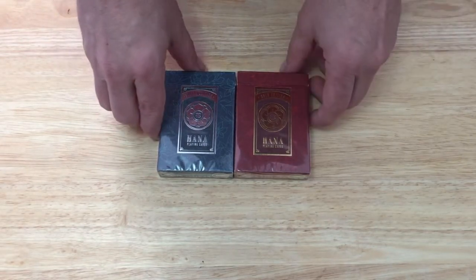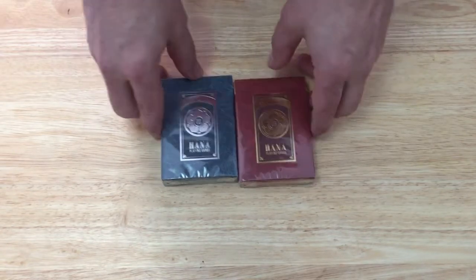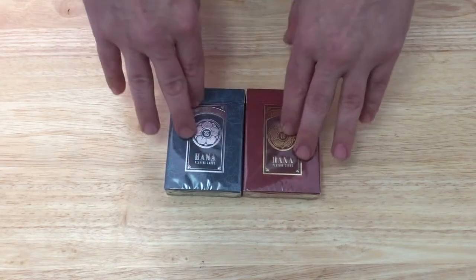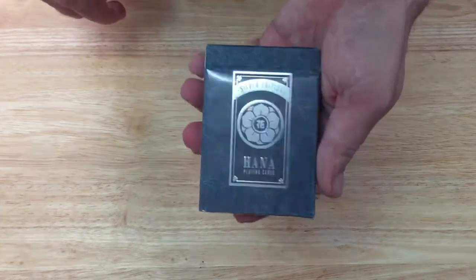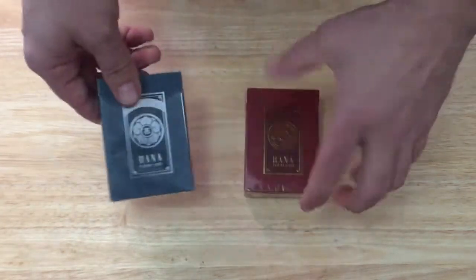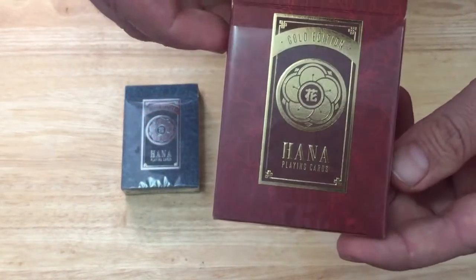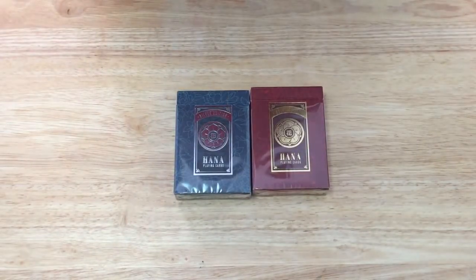See, Hana playing cards, silver edition, and it says silver edition, and the gold edition, which says gold edition. Silver foil on blue, gold foil on red. There's some embossing and floral patterns all over the tuck case, as you can see. I hope the lighting is okay. And these decks,